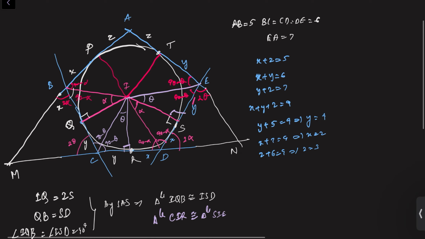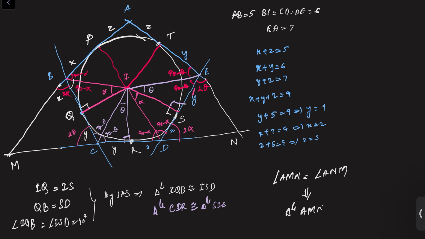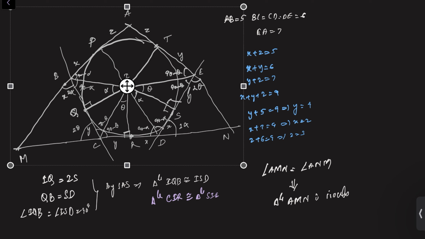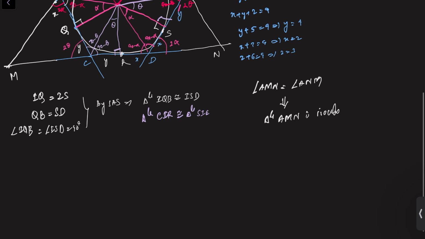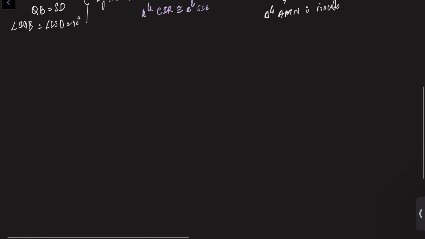So that means in this triangle AMN, first we can see that angle AMN is equal to angle ANM. So that means triangle AMN is isosceles. So if this triangle is isosceles, if I consider this figure for our reference, we have AMN is isosceles. So that means